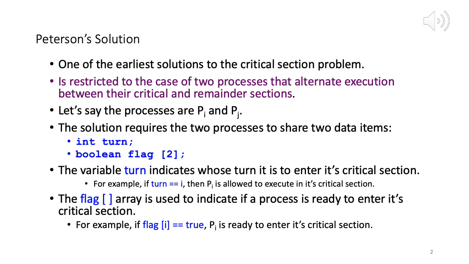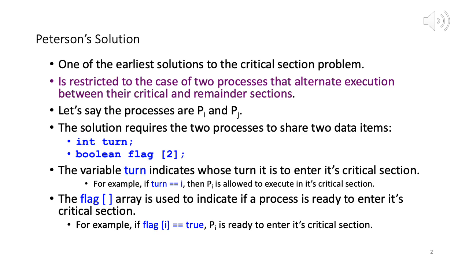So process 1 will come to the entry section, ask for permission to be granted entry into the critical section, and then it will get out, go to the remainder section, and then again entry, critical, remainder, and so on. In other words, it's executing in a loop again and again. Likewise is the scenario with process 2, and both are executing concurrently. Because they are executing concurrently, they also have some shared data. So let's say these processes are Pi and Pj.